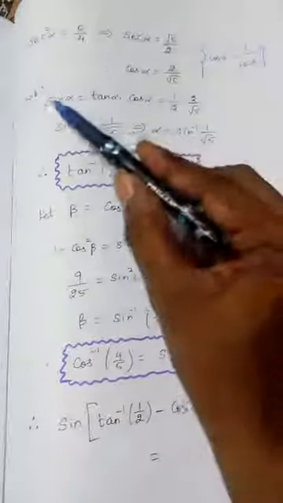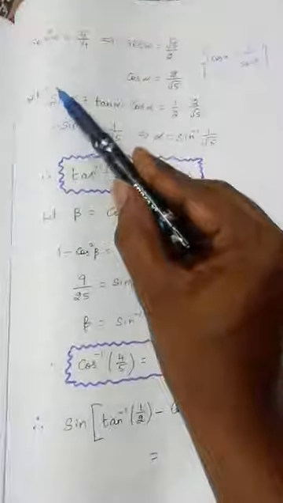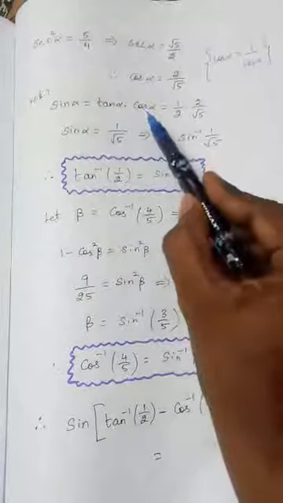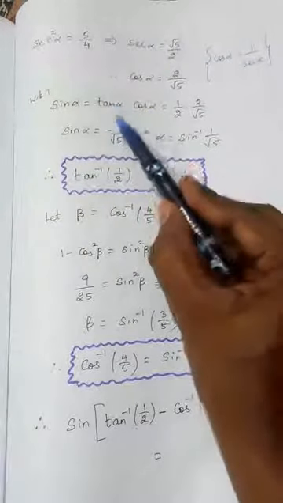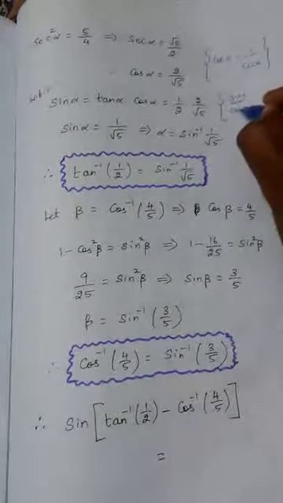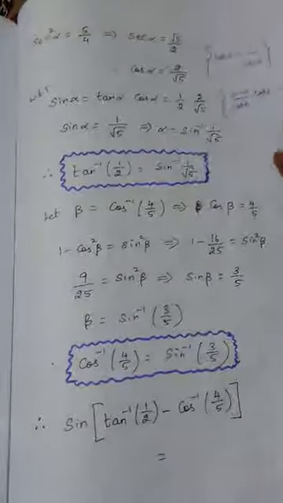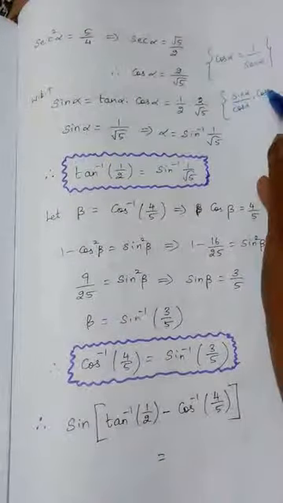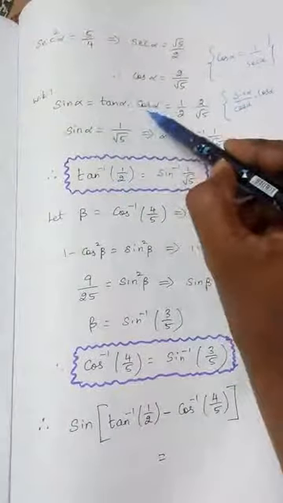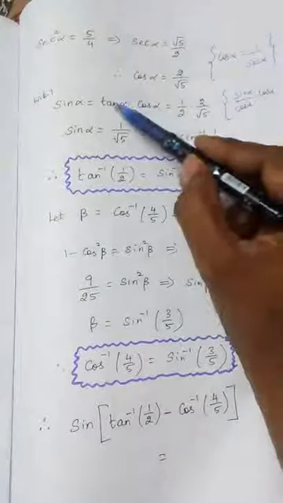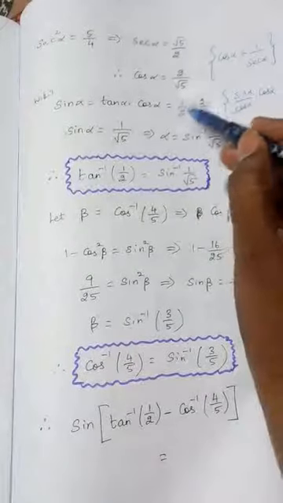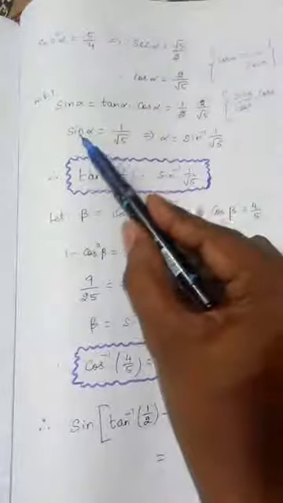Once again, I am going to write a trigonometric formula. We know that sin alpha can be written as tan alpha into cos alpha. How? What is tan? Sin by cos. Again, I will be using the rough column. Tan alpha means sin alpha by cos alpha, into cos alpha. So tan alpha is written like this. Cos alpha will get cancelled. Sin alpha you will be getting. So sin alpha can be written as tan alpha into cos alpha. And already we know the tan alpha value, which is 1 by 2. Now we know the cos alpha value, 2 by root 5. 2 cancels. So 1 by root 5 is the answer for sin alpha.